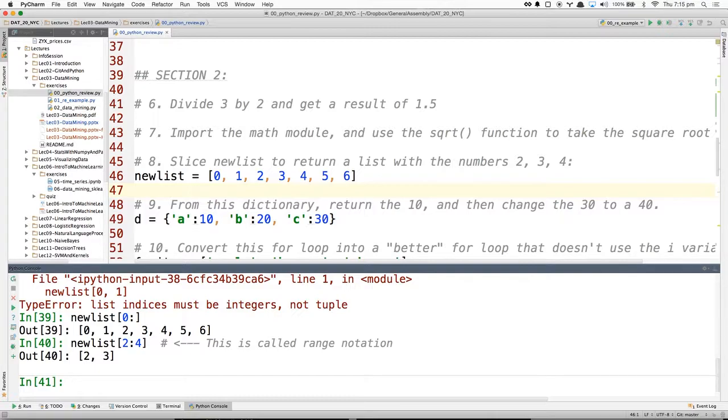So if I do new list 2 through 3, again, if I were to talk about the index, and we're going to talk about indexes a lot when we get to data frames. This is index 0, this is index 1, this is index 2, this is index 3, this is index 4, this is index 5, this is index 6. It's coincidental in this contrived example that the index is the same as the values. It's just to keep things consistent. But again, these values in this list can be anything. So when I talk about new list 2 through 3, what do you expect me to get?